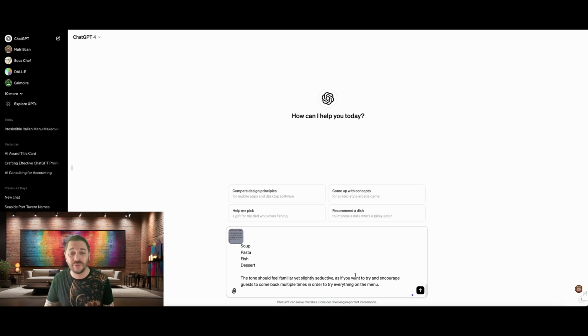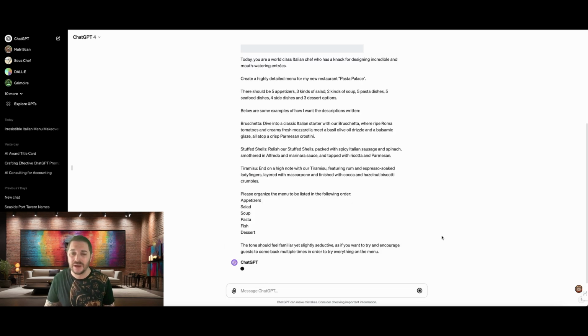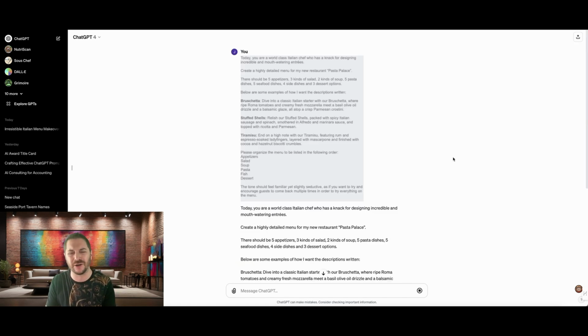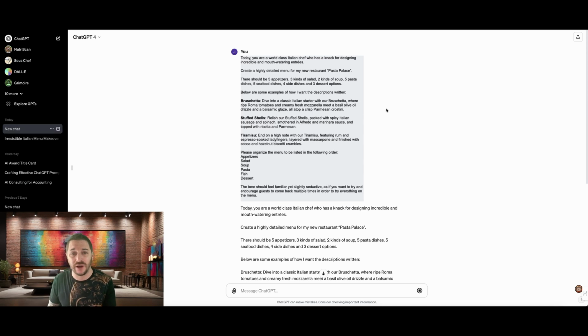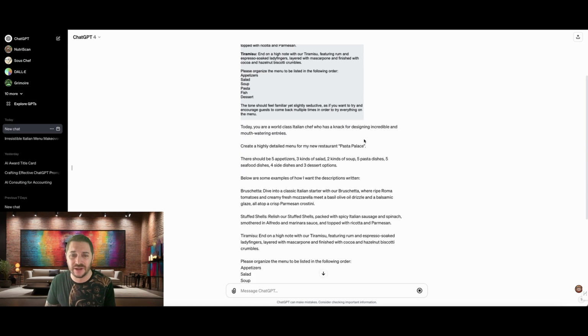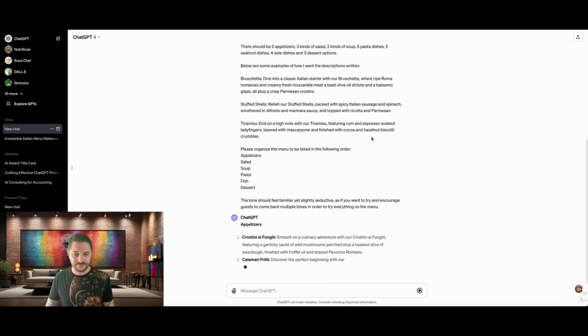So that's everything we went over. We just pasted that in here, and now we're going to hit go. And now ChatGPT is reading through our entire prompt, and it's going to follow our instructions. Now, if you see here, it looks like a little image with our prompt followed by the actual text. This is what happens when you paste in a prompt. It always comes up showing it like an image. I'm not sure why this is. It didn't used to do that, but this is how it is now.